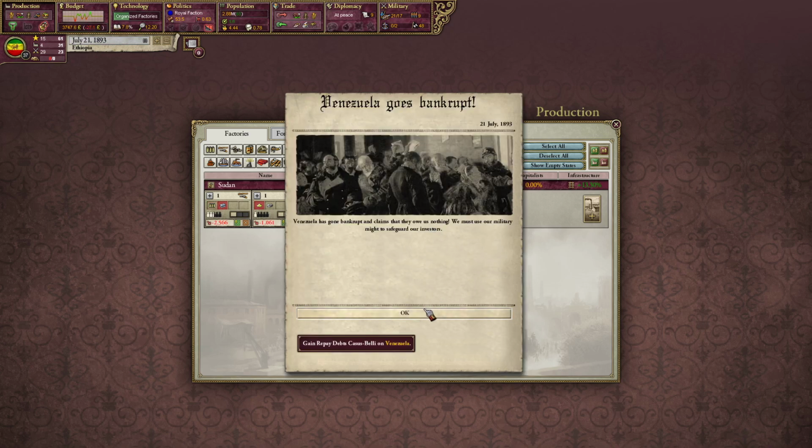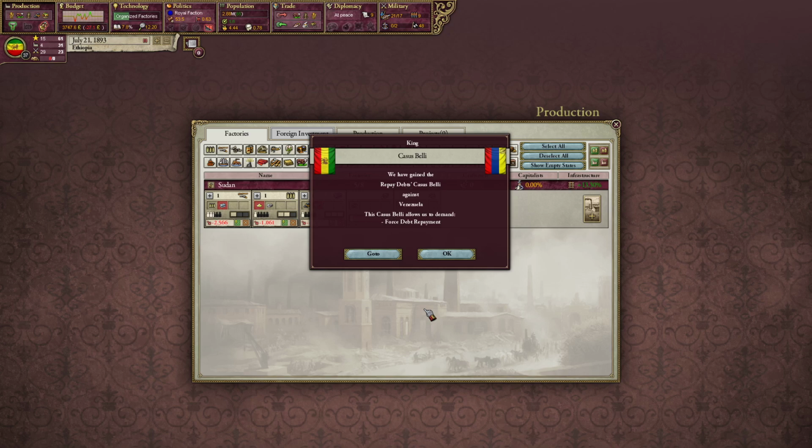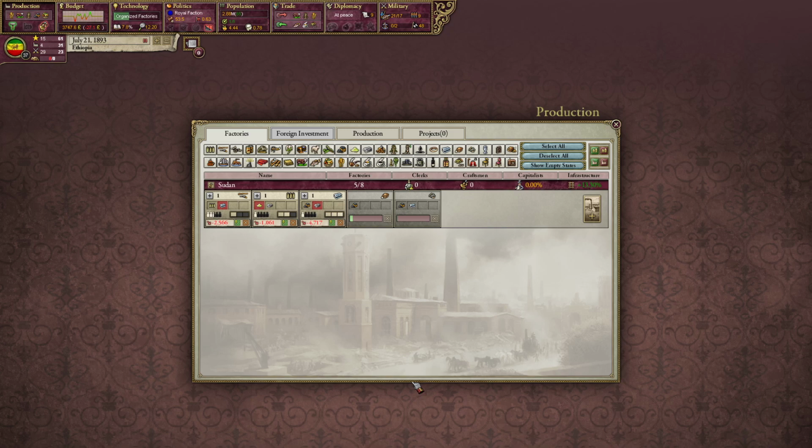Venezuela went bankrupt. Oof. I don't think we had debts with Venezuela. I don't think they owed us money. But we have a CB on them, I guess. So that's a thing. So, we're taking a look at this, and currently we have these 3 factories that are